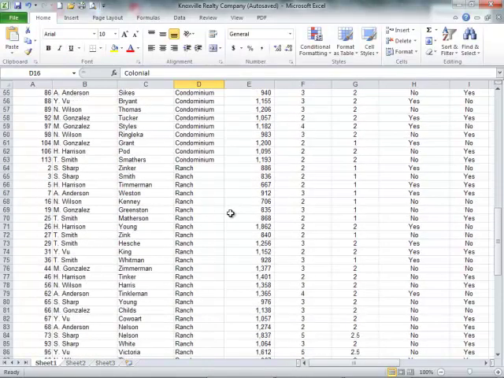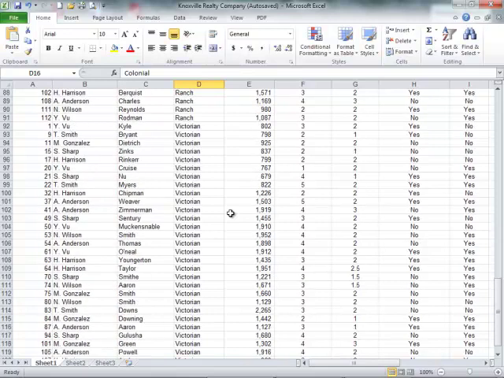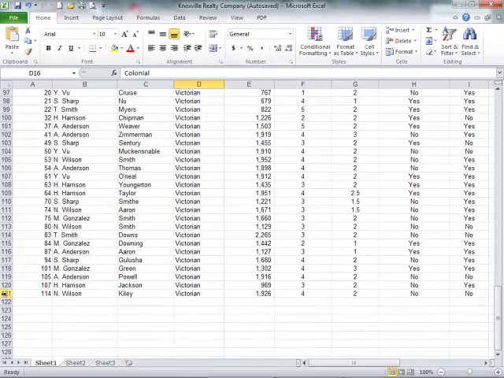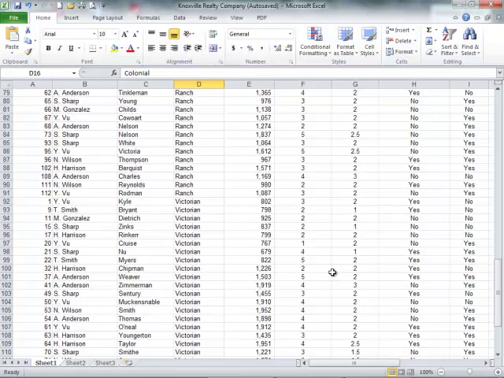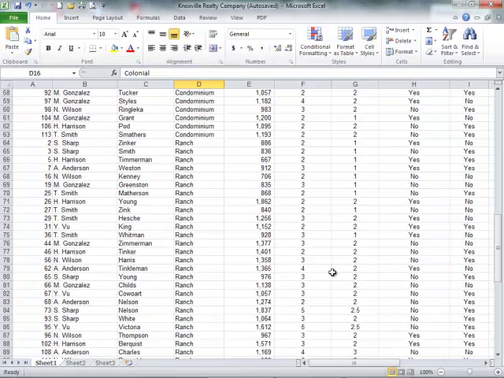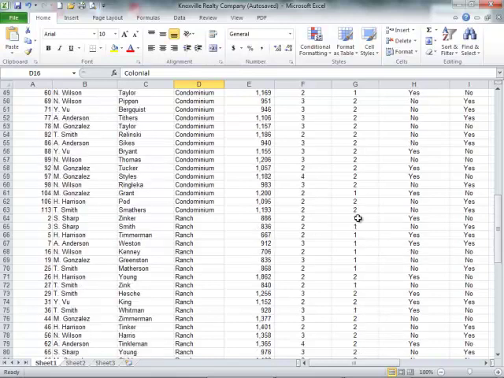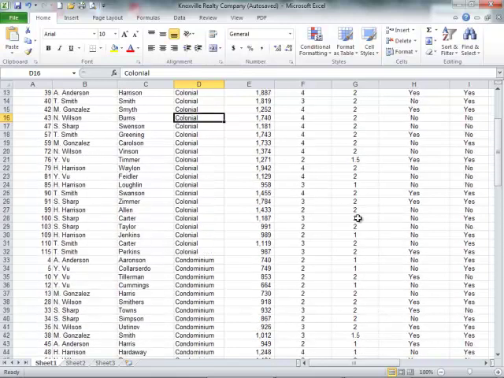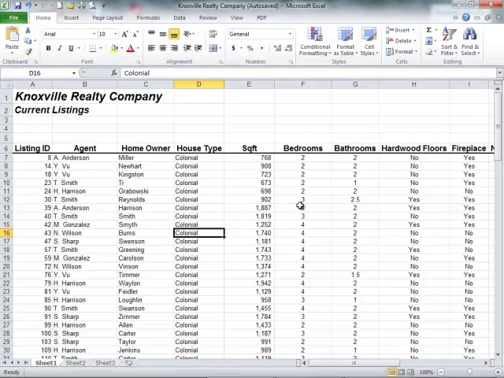As I scroll down my list of houses here, this is a fairly long worksheet, goes down to row 121, all my column headings disappear, don't they? Well, that can be kind of annoying because I see all these yeses and nos and twos and ones. Now I'm not real sure where they go to. So what I'm going to do here is scroll back up to the top, and I'll put my cursor on